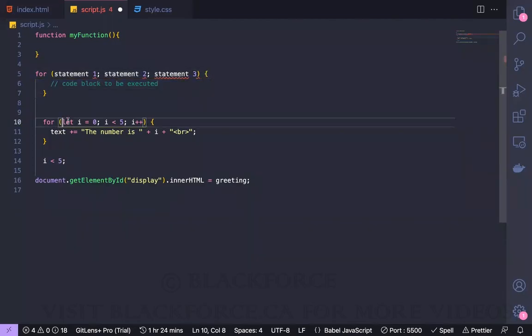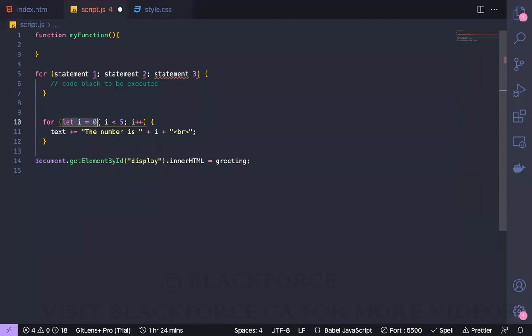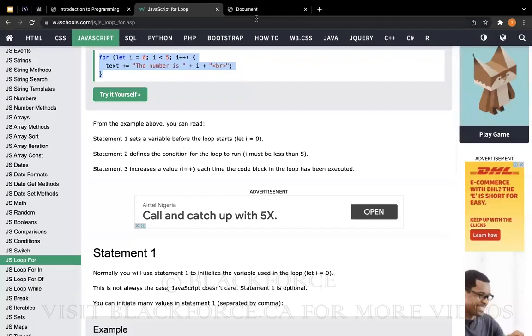So again, let i equals 0. Is i less than 5? If i is less than 5, run this code. Then i++. I said statement 3 is always going to run, right? So let me explain all of them in one big picture. The first statement declares the variable as 0. Every time the code block is run, it comes here to check if i has gotten to 5. But this one always runs because when you finish one iteration, you want it to go to the next value, right? And if you remember what i++ does,